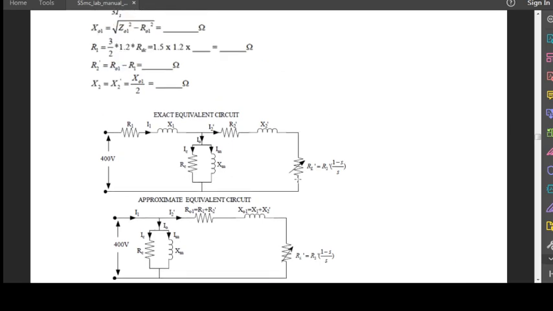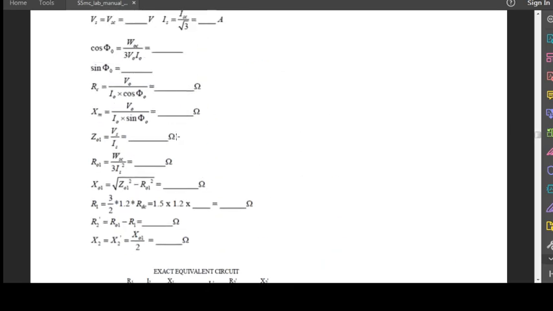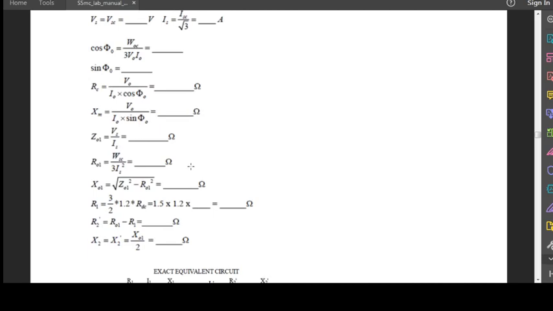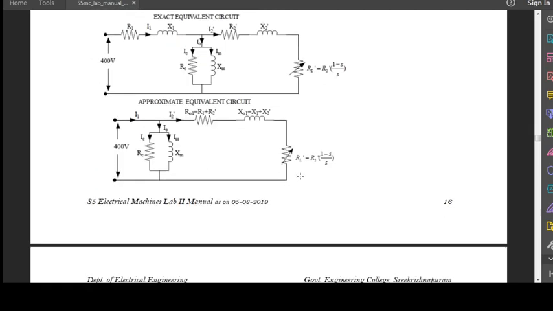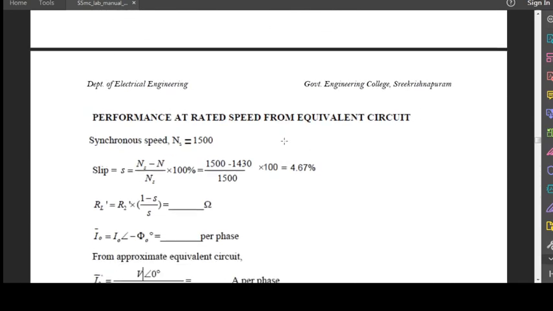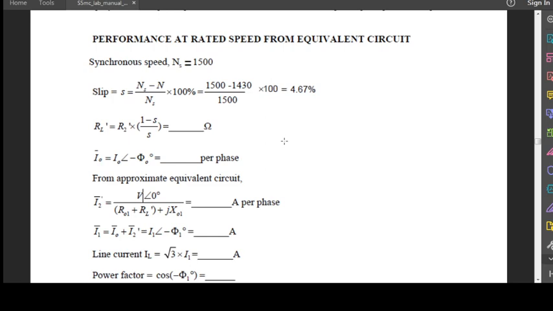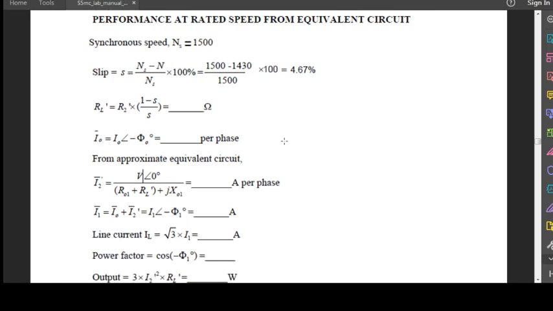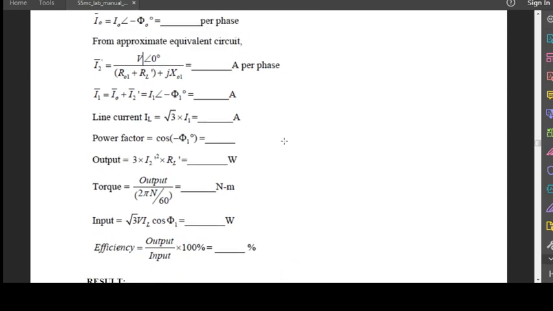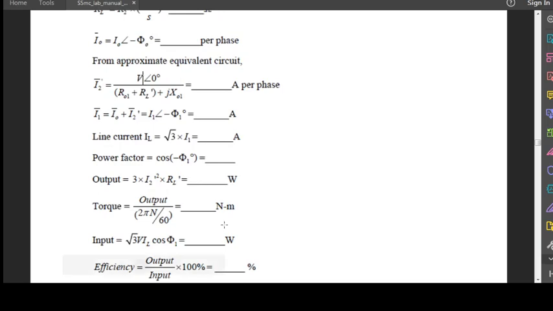For R1, I1, X1 we are calculating all these values from this calculation. From that we can get all these values. We are substituting and we get each value. Then we draw the equivalent circuit and mark all the values we have got by this calculation. Actually this is our experiment. Then performance at the rated speed from the equivalent circuit, this is also we are calculating. We need to substitute all the values we obtained. This is the actual